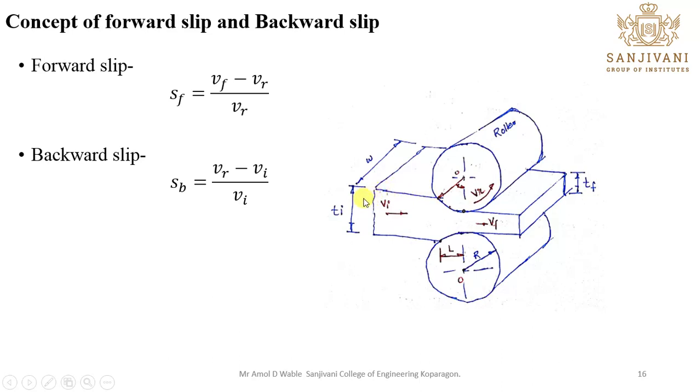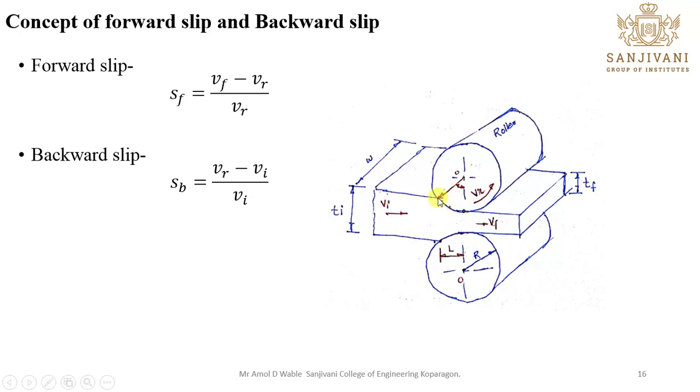When material goes through the roller, there will be some initial velocity of the workpiece, and there will be a velocity of the roller too. As we give power, or torque, to the roller, the velocity of the roller will be more compared to the velocity of your workpiece during the intake process. So there will be a difference between the velocity of the roller and the velocity of your workpiece. Due to that, slip action will be seen.